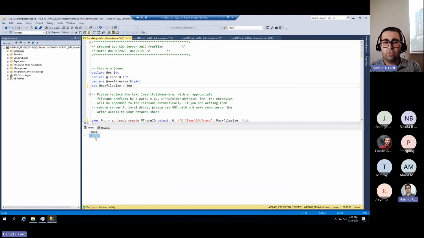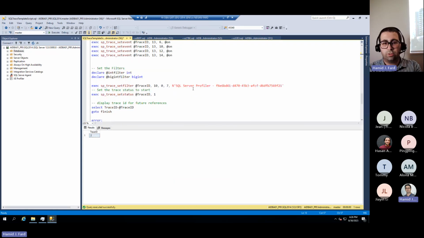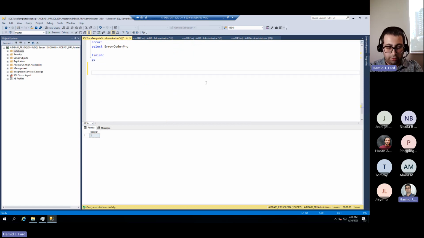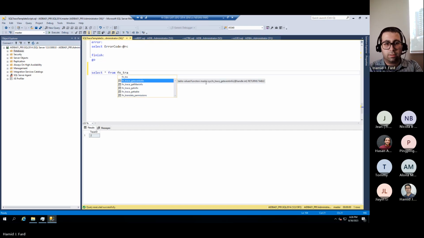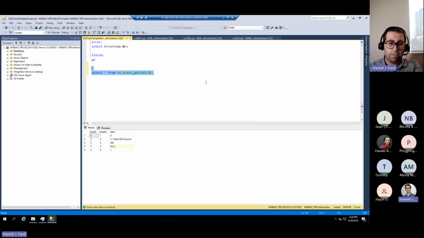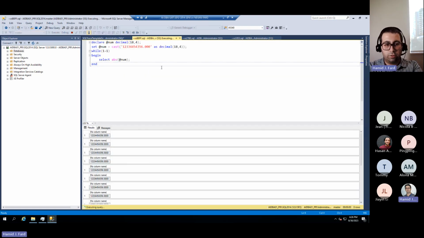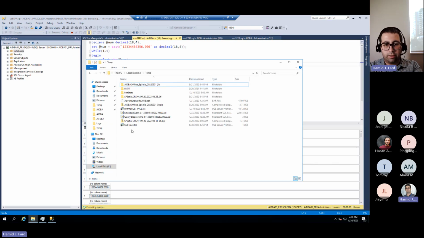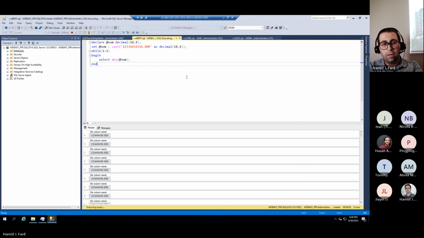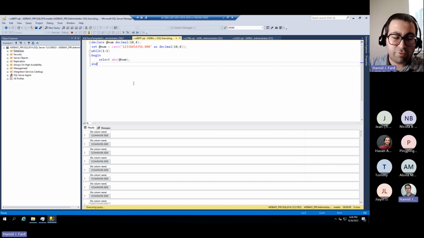Once you execute, it will give you the trace ID. Then from there, you are able to verify it with fn_trace_getinfo for trace ID 2. Yep. So you can see the definition and it's enabled and running. So if I run any kind of workload, it's basically capturing. You see that SQL trace here. Good. I have the SQL trace